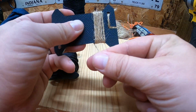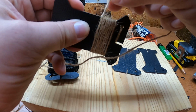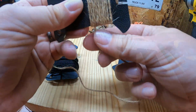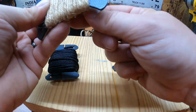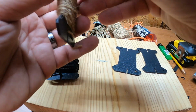until we get it all wound, and I'm going to show you how to finish it off at the end. So I'm going to go ahead and get this wound, and then I'll bring you back when I get to the end. So here we're getting to the end, so they don't have to be quite as tight. Actually, you can kind of go wider,